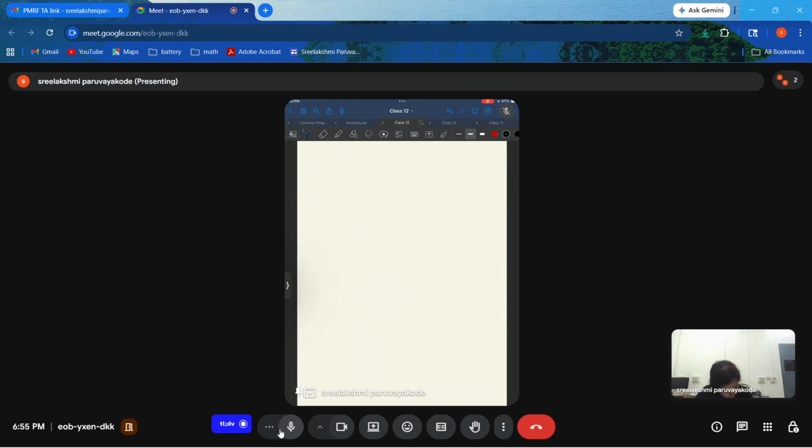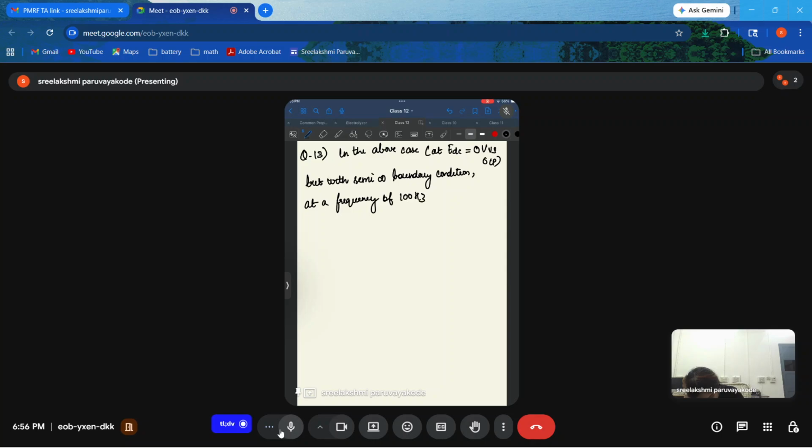Now the next question is, in the above case, at EDC equal to 0 volt versus OCP, but with semi-infinite boundary condition at a frequency of 100 Hz, calculate the Faraday impedance ZF, the real part of ZF,